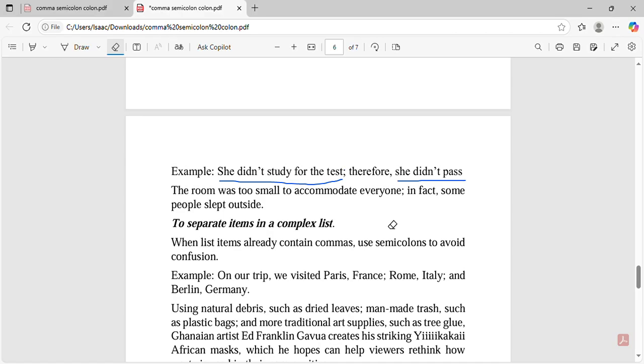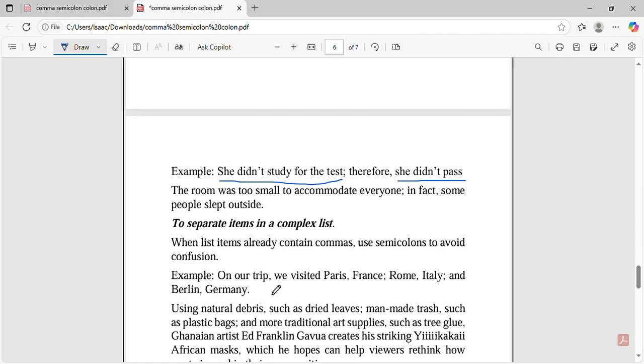So apart from this, you can also use a semicolon to separate items in a complex list. Remember, you can use a comma to separate items in a list. But sometimes you have a list that is complex. That is, you're going to get a list that will have commas, or you can have a list that has a sub-list. And you have to use maybe commas to separate the sub-list. In that case, you will have to use a semicolon to separate the main list. So you separate the major list from the sub-list using semicolons, while the items in the sub-list can be separated using commas. For instance,